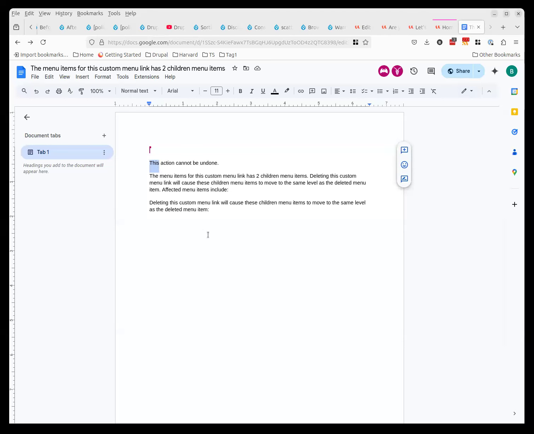Ralph? Just one question. Would it be possible to move that line at the end, so that you first tell "deleting this custom menu link will cause blah, blah, blah," and at the end, then "this action cannot be undone"? We could do that, of course,